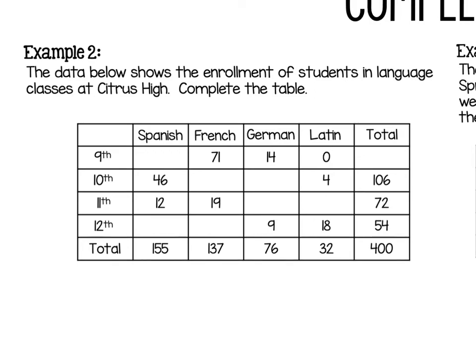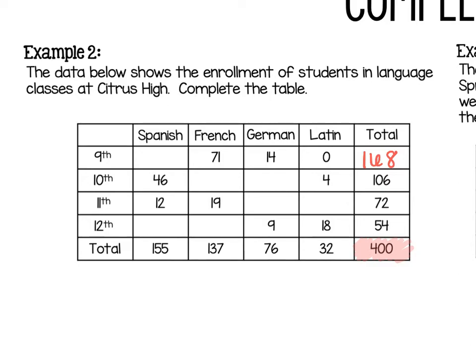And it says the data below shows the enrollment of students in language classes at Citrus High. Complete the table. So first thing I'm going to look at is my marginal frequencies. I know that the grand total has to be 400. So that means that if I already used 54, 72, and 106, there's 168 students left to be in